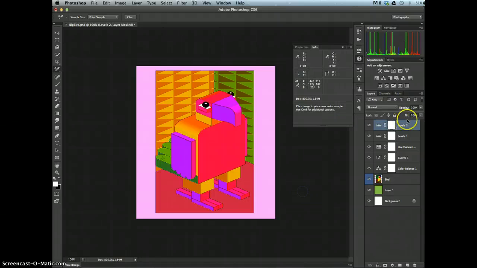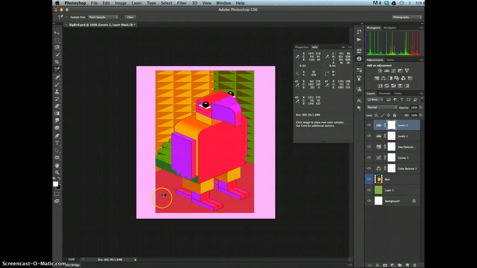Okay, so now we're going to create samplers for the following areas: the light green tail feathers, which we already have, the purple wing, the pink head, and the maroonish floor. Okay, and then make sure you compare your image to the sample shown in figure 18,